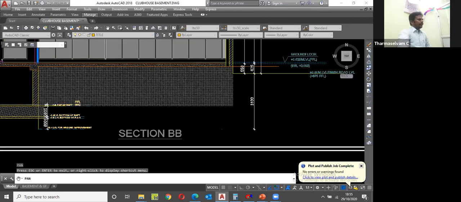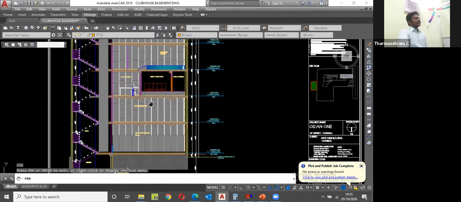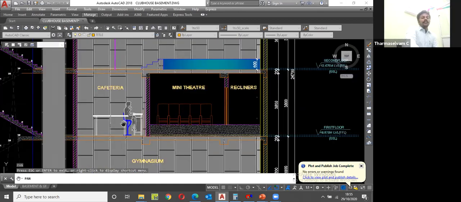Next move on to section PB. That staircase base. Okay. So you can study that civil diagram properly. After that, you start the heat load calculation using an Excel sheet or HAP software. First, whenever you are going to do the heat load calculation, before that you have to take the area summary. Why? Because the room length and width, room area, volume of the room, number of people, lighting load, equipment load, everything you take in a single place. That is the summary of the room. After that, you can do the heat load calculation.